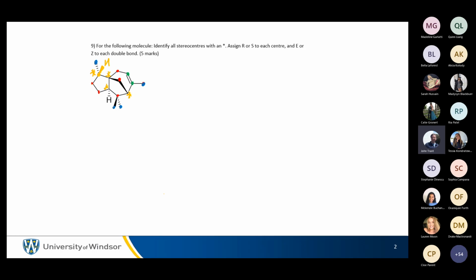Now, it says assign R and S to each stereocenter. What I recommend you do, you can do this any way you like, first of all. If you have a system that works for you, sweet, good for you. If you don't have a system that works for you, you can find one. If you want my system that works for me,